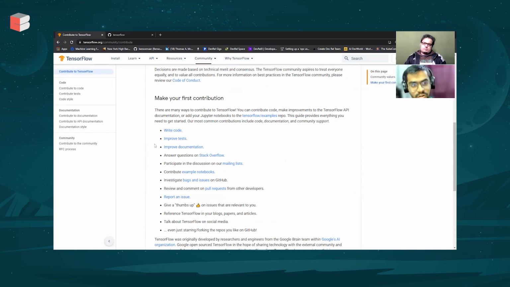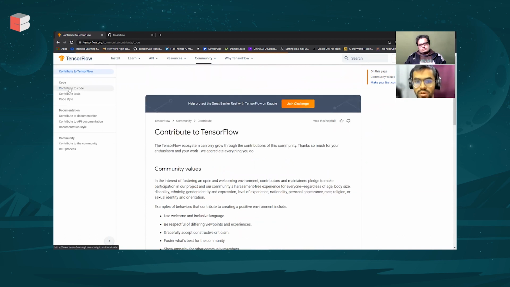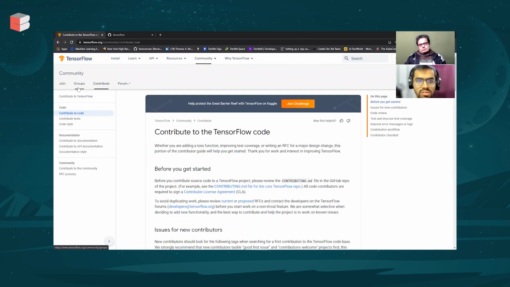But there are, of course, dedicated guidelines when you want to contribute to code, and what things you should keep in mind. All of those are given over here. And of course, in terms of resources that you can have a look at, a thing to keep in mind is that it's not necessary to have knowledge about machine learning if you want to contribute to TensorFlow. A lot of times there is a misconception that you need to be a PhD in machine learning to be able to contribute to TensorFlow. That is absolutely not true.